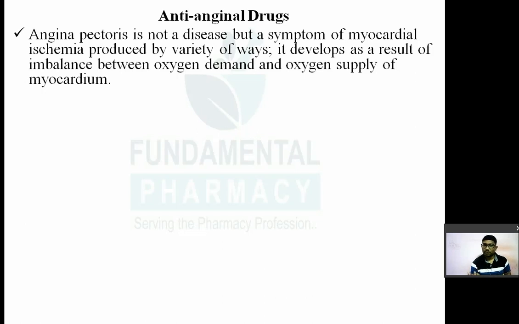So because of that improper supply of blood and oxygen to a particular area of your myocardium, your myocardial cells start dying, and that is the term known as ischemia. So angina pectoris actually is not a disease, it is a symptom because of myocardial ischemia, and that occurs in a variety of ways. Okay, as I have listed some reasons: one is intense emotional feeling, vigorous exercise, then arteriosclerosis or coronary vasospasm. These are the reasons for angina pectoris. Due to these reasons, there is an imbalance between demand and supply of oxygen to the myocardium, and you will get anginal pain.